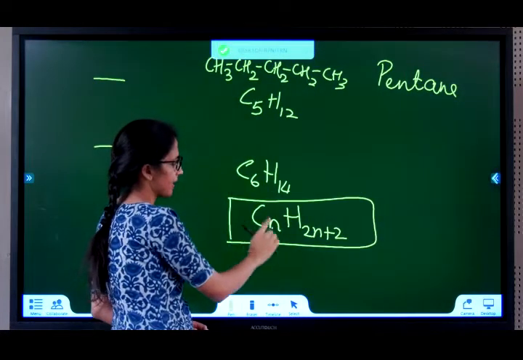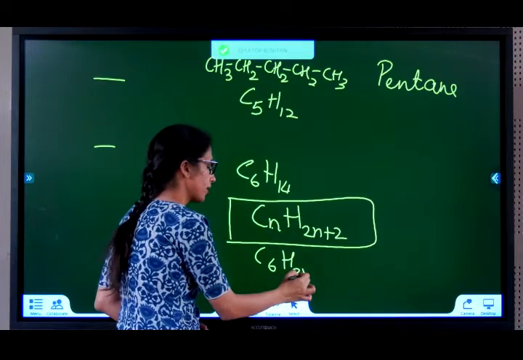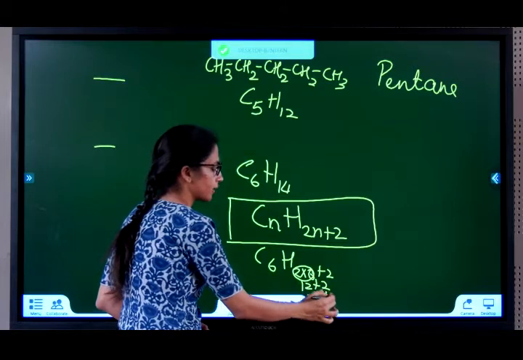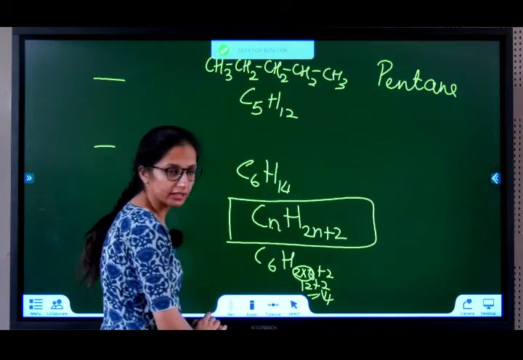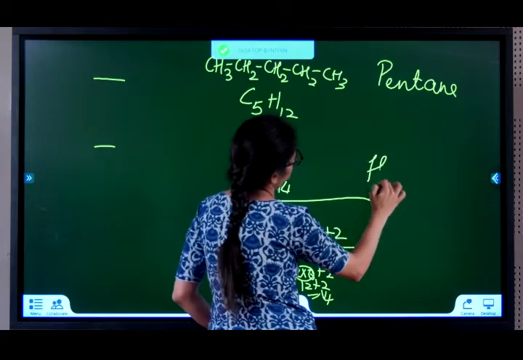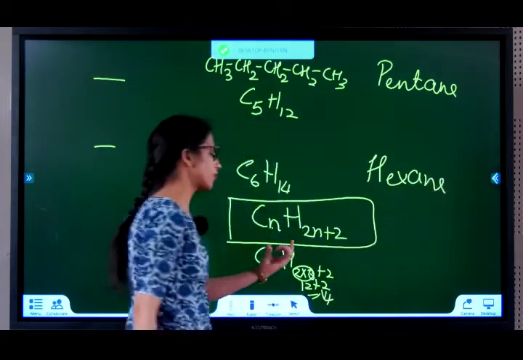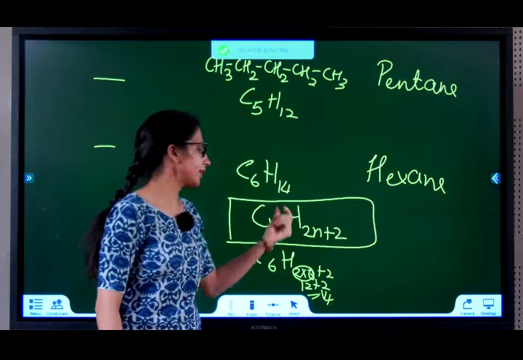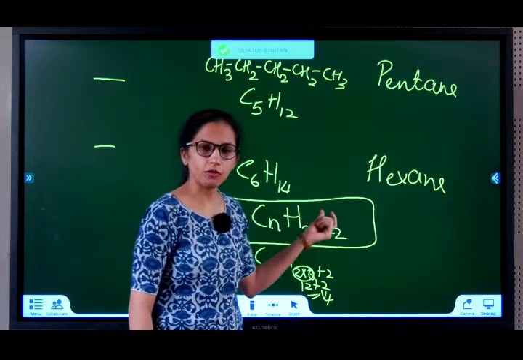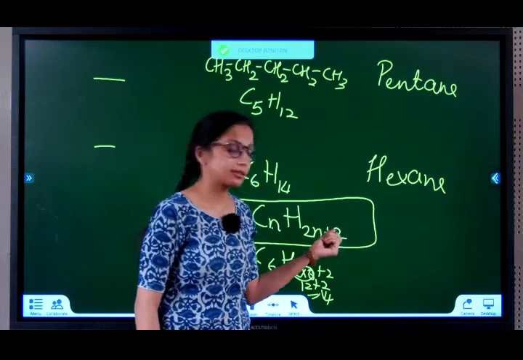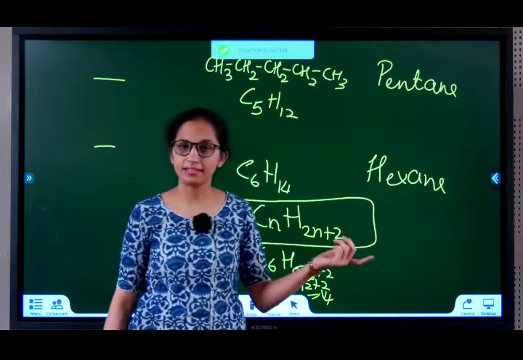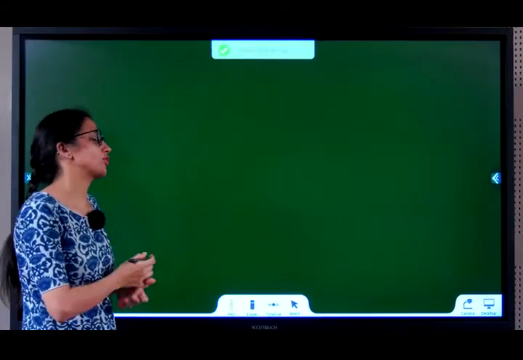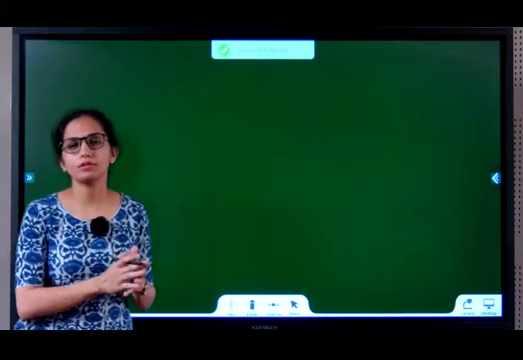Let's see how. If n is 6, C6H, 2 into 6 plus 2: 2 into 6 is 12, 12 plus 2 is 14. C6H14. Name, hexane. Can we use this formula for any number? Let's say the number was 17. Can I? Yes. C17, H2 into 17 is 34, 34 plus 2 is 36. So it will become C17H36. So this is the general formula of alkane. After that, if I ask you for any number of carbon, you should be able to write the alkane